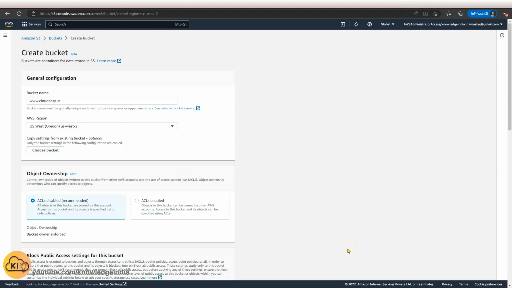All right, now I want to show you how we can go ahead and host a static website directly out of S3, and also how we can use a custom domain in front of that, right? And